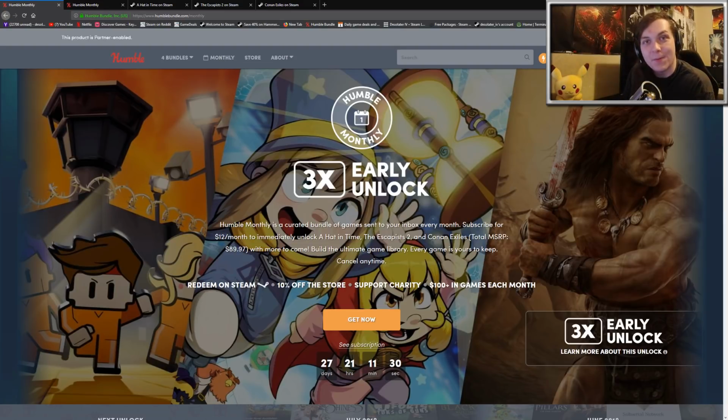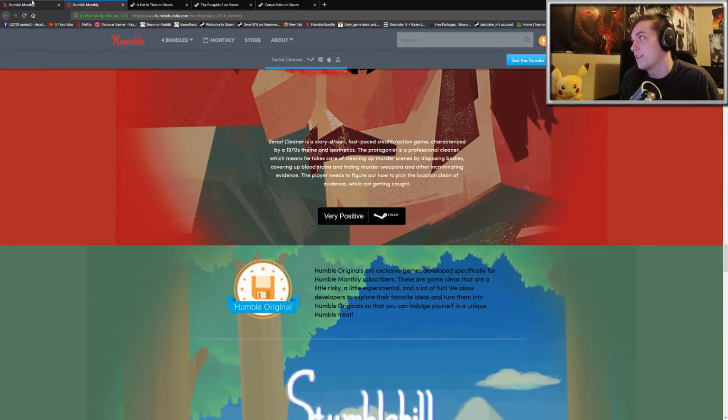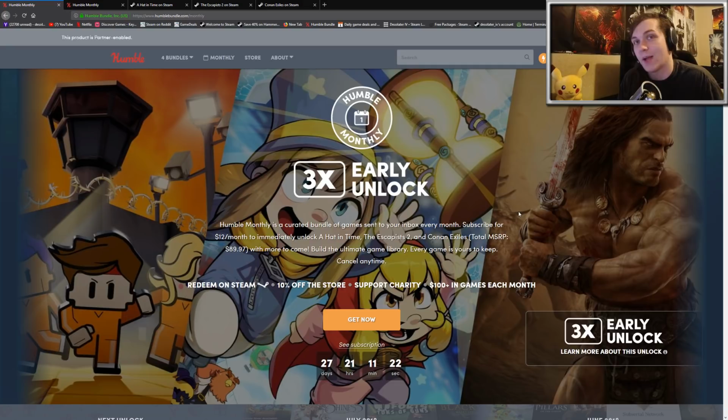Alright, hey guys, so the Humble Monthly for this month was just released and it included quite a few good games, but before I get into those, I do want to mention that next month's early unlocks look absolutely fantastic. You're getting A Hat in Time, The Escapists 2, along with Conan Exiles,